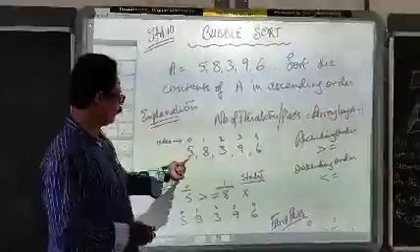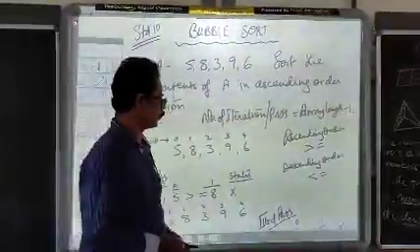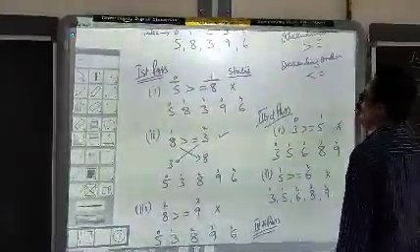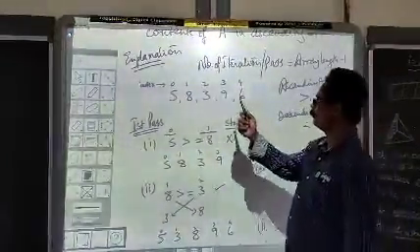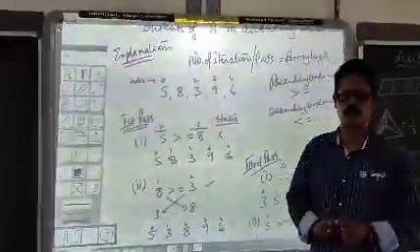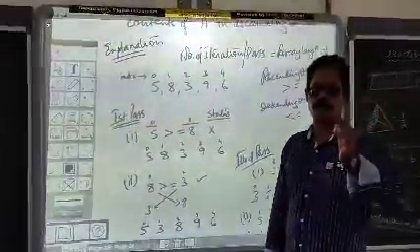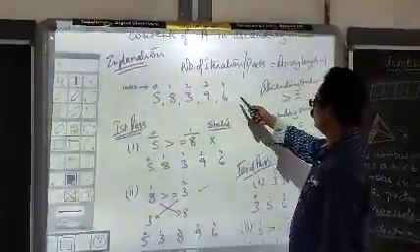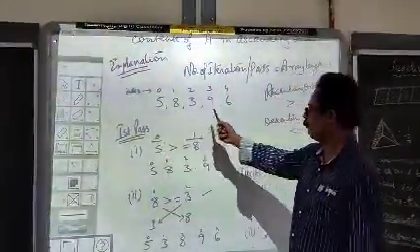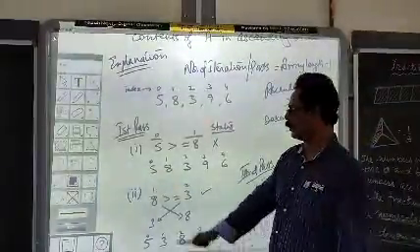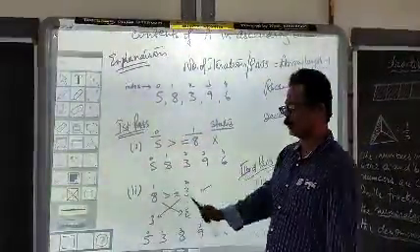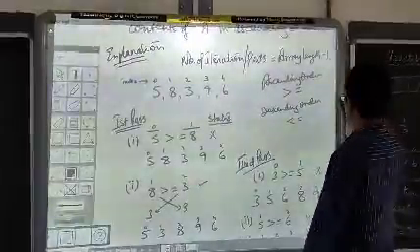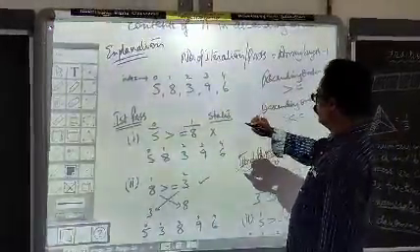We have an array 5, 8, 3, 9, 6. In this case, the number of passes or number of iterations will always be equal to array length minus 1. So here, if the length of the array is 5, 5 minus 1 will be 4. That means the number of passes or iterations will be 4. So in the first iteration or first pass, what happens here is,